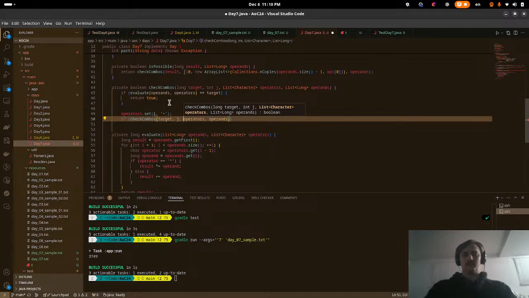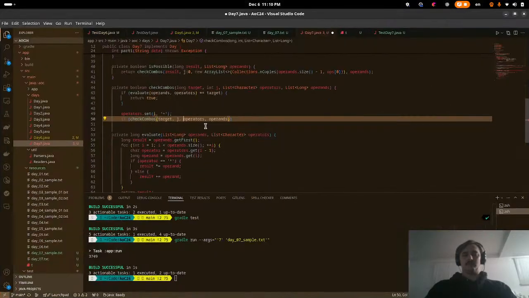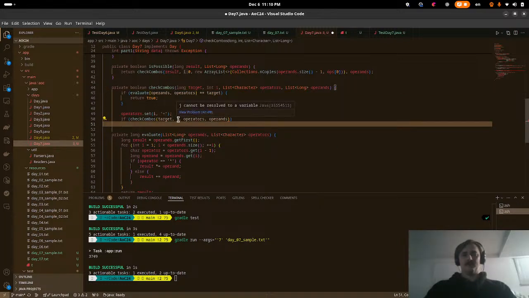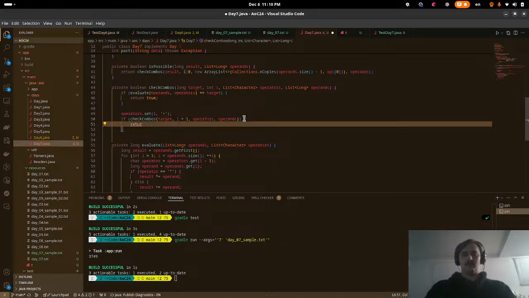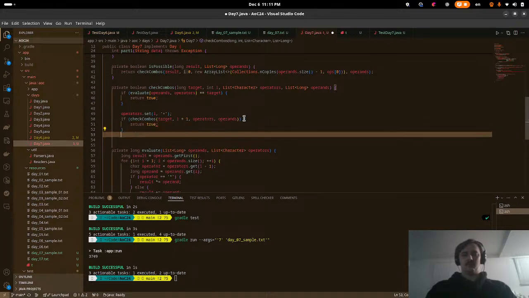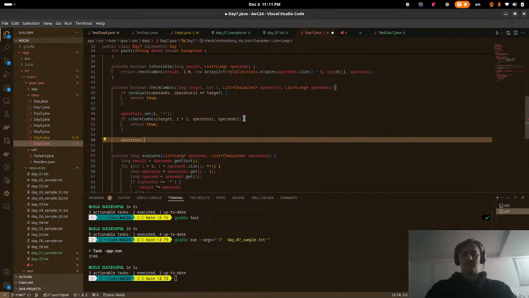Now what am I doing? Yeah, so you just have an index to loop through. Call it I. I plus 1. Return true. And then operators dot set